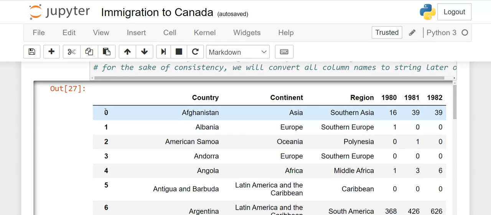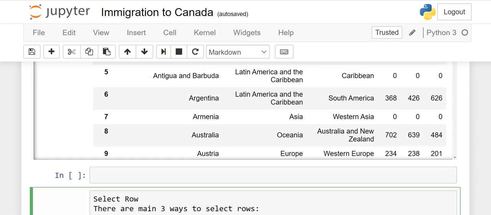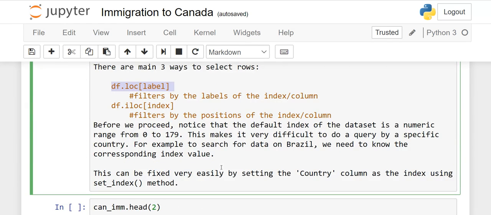Our indexes start from 0 to 179, and it is difficult, right? If I want to find any particular country, suppose USA or Australia, we have to find out the index. Sometimes it will give us an error, maybe we will write down some wrong index number. So it says, before we proceed, notice that the default index of the data set is numeric. This makes it very difficult.